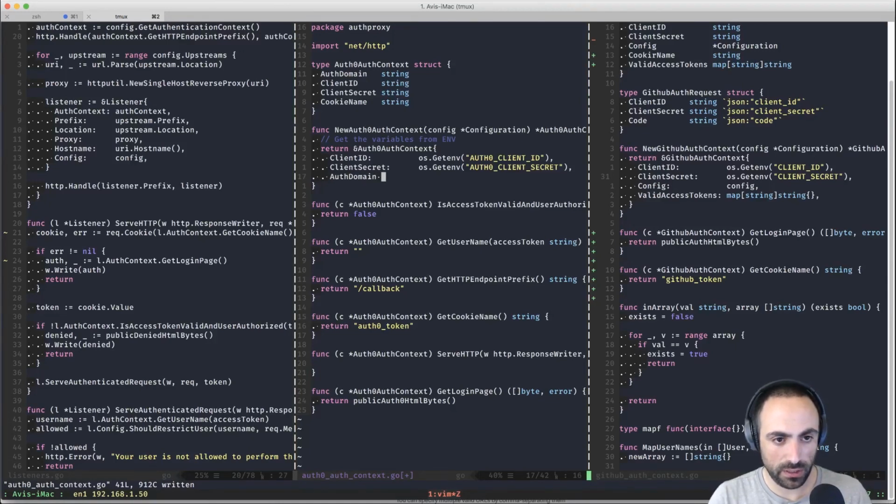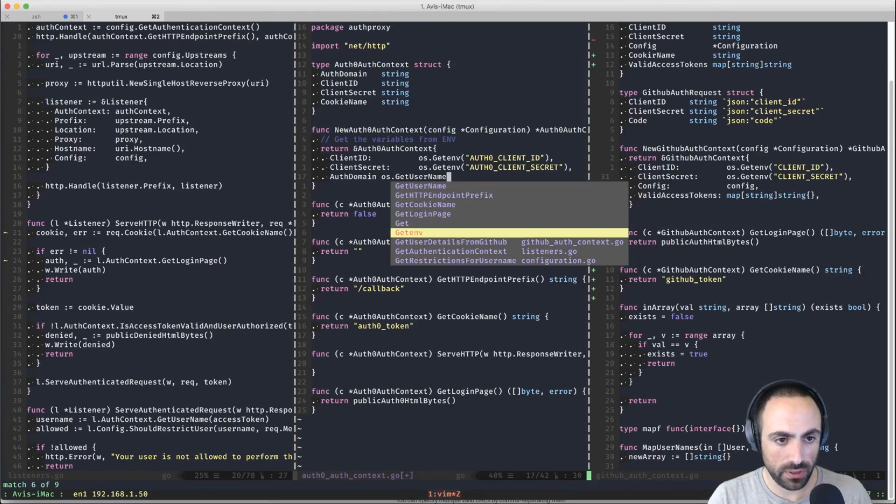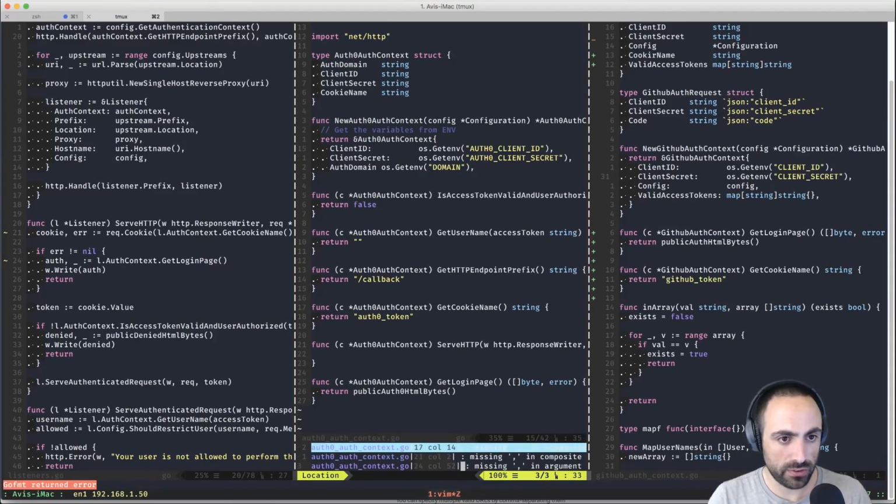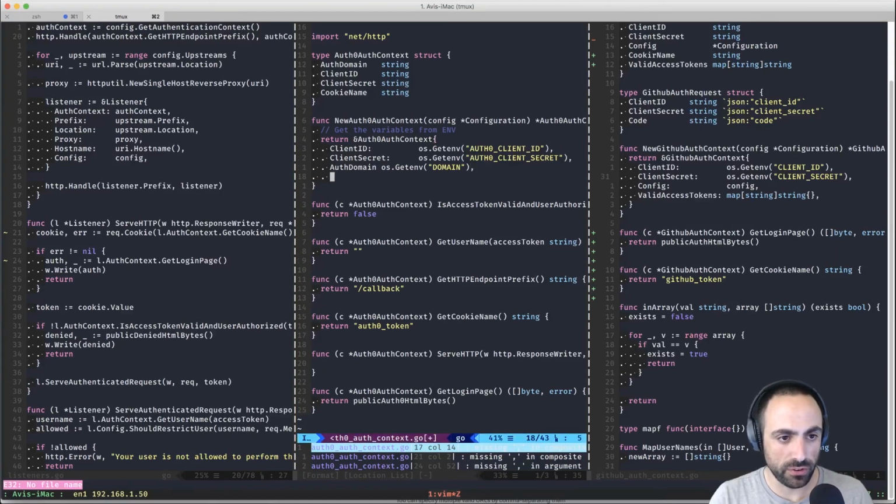This is going to be os.Getenv. What's going on here? And domain here and here, and go imports here. What is going on? Oh, I'm missing this one here.